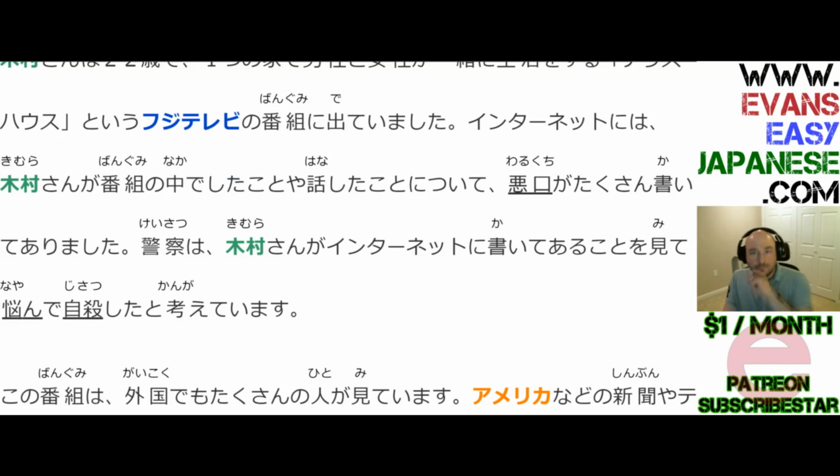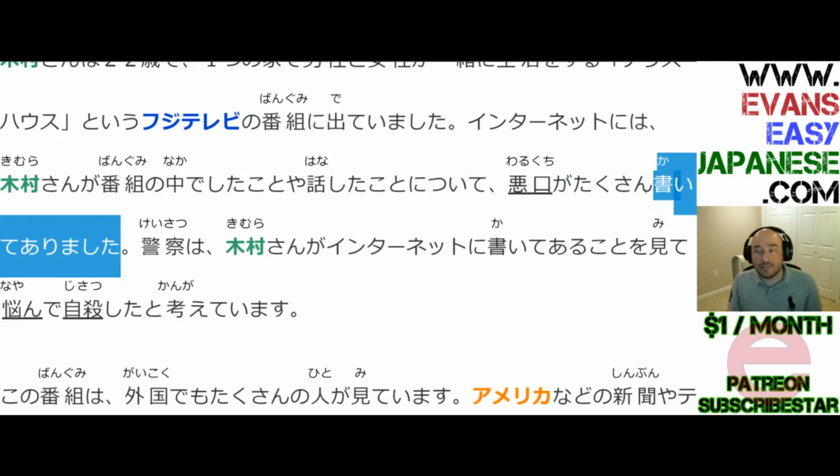All right. Let's go through this. We have kaite arimashita. There had been written. There was written. This isn't passive. This is simply saying that an action that somebody does has happened. So it's a little bit difficult to wrap your head around because there's also kaita koto ga aru, has written, but that would be like I have done that before or something like that. That'd be kaita koto ga arimasu.